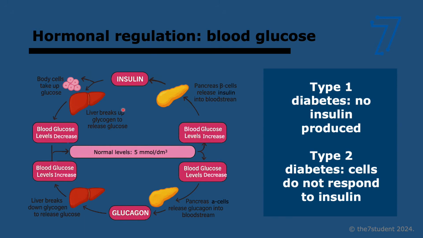Also, I'm just realizing this slide is wrong, by the way. In this case, the liver does not break up glycogen to release glucose. It's the opposite. The liver makes glycogen from glucose that it's taking from the blood. So many issues here. Okay,